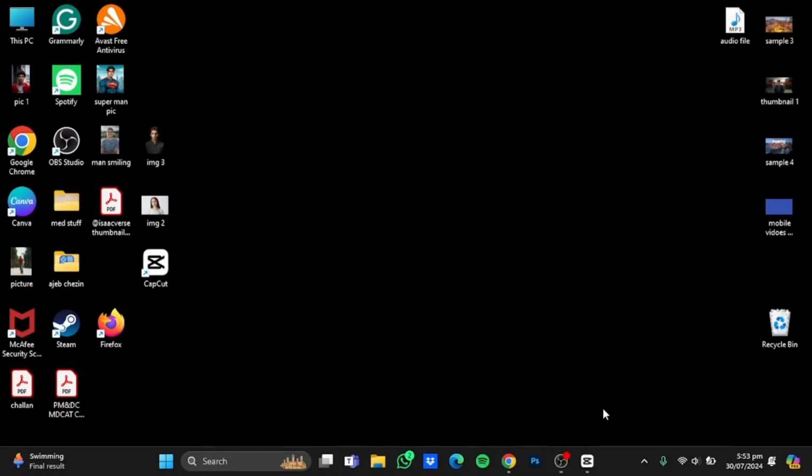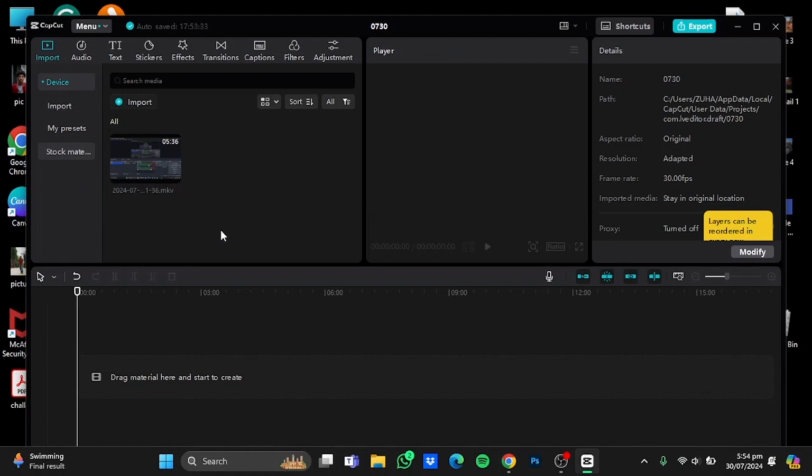Hello everyone, in this video I'm going to show you how to extract audio in CapCut. So first of all, open up CapCut, create a new project and upload the file that you want to extract the audio of. So here I am in the editor and I have imported the file that I want to